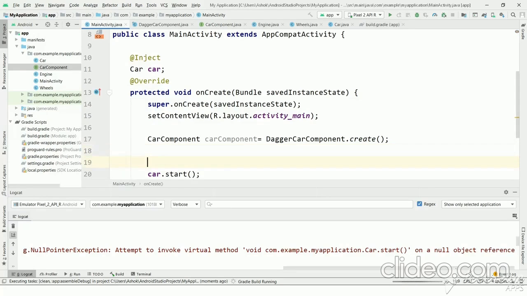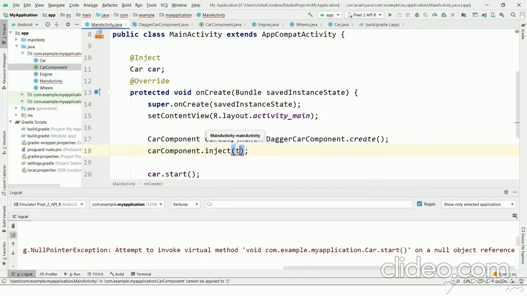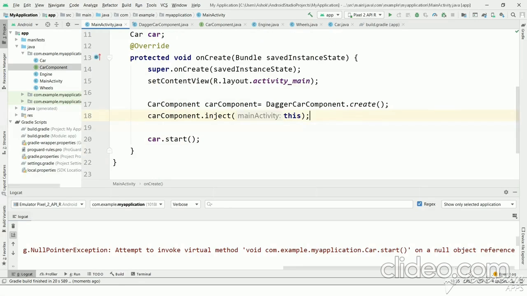And here we will just pass main activity to that inject method, and this is a reference to this object of main activity. So let's execute and see the output now.